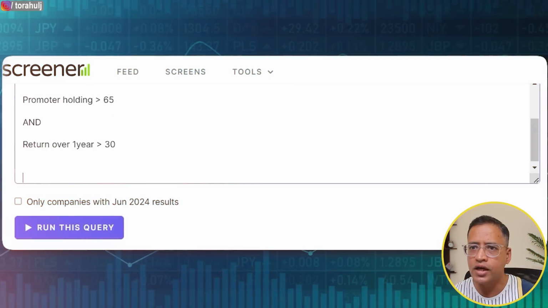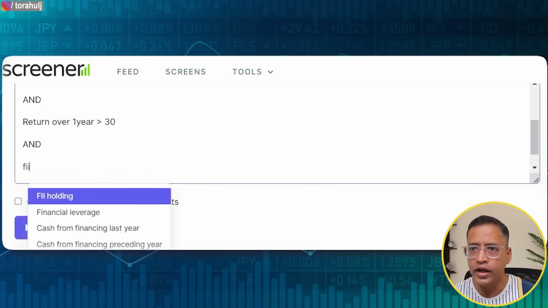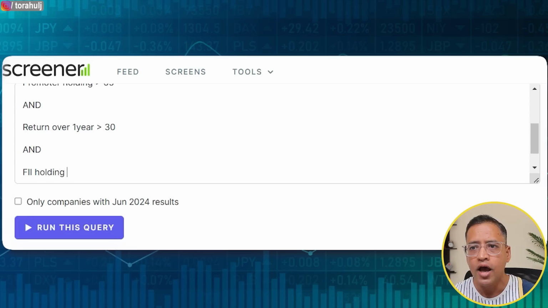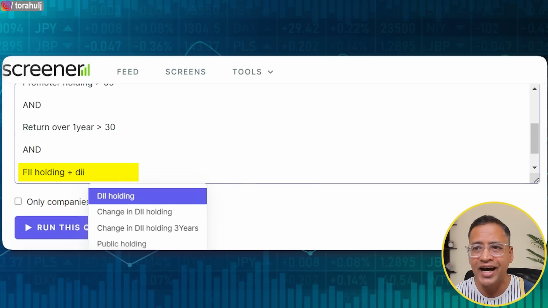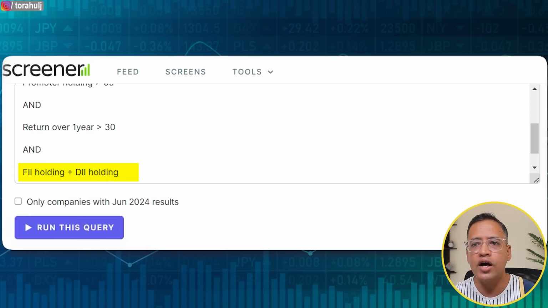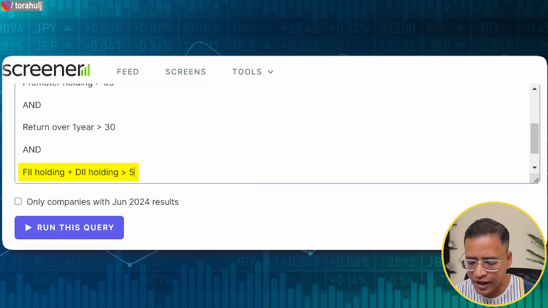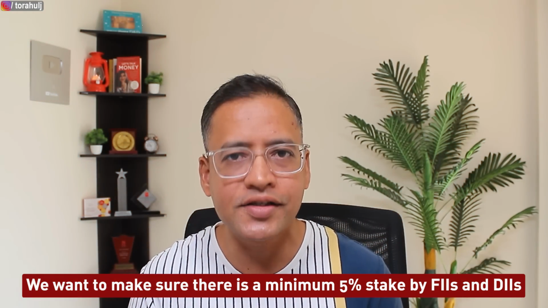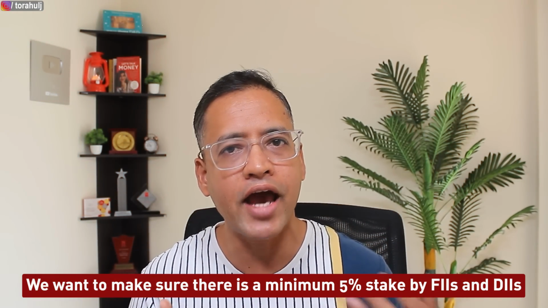The criteria we are going to use here is simple. What we are going to say is FII holding. FII is the institution, foreign institution. Plus we want to make sure that DII holding is also considered here. So the total of FII holding and DII holding should be greater than 5%, right? We want to make sure that there is a minimum 5% stake in that particular company by FIIs and DIIs